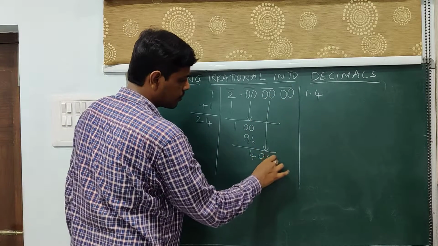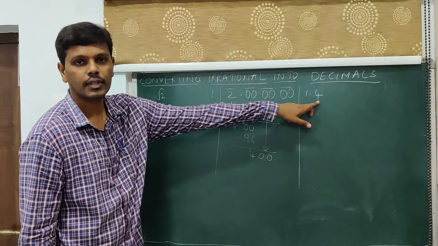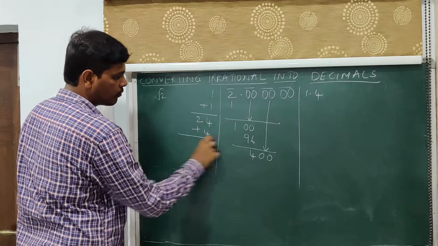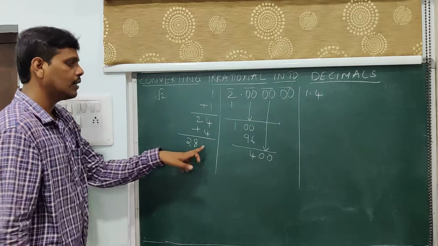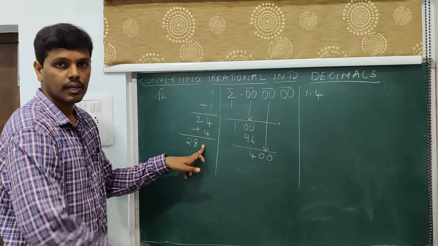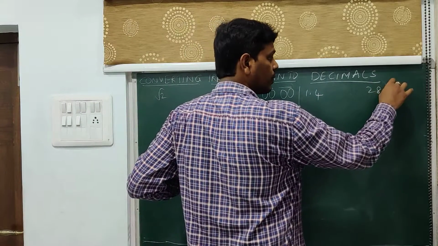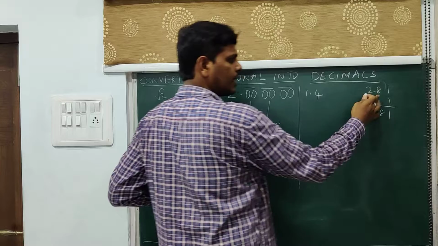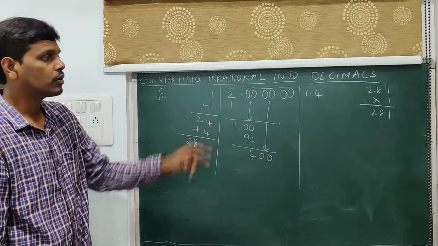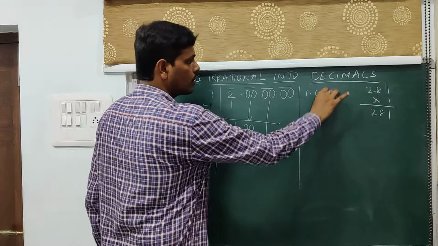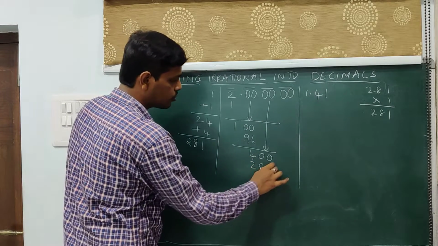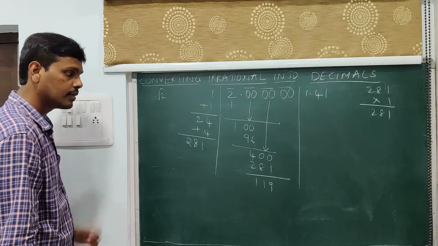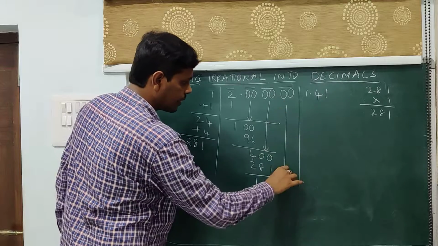Now, carry this pair of zeros. Whatever number you have written now, add it to this number: 24 plus 4 is 28. Again, whatever number you place here, you multiply with the same number. For 28, if I place 1, the number formed is 281, multiplied by 1. If I take 2, it goes beyond 400, so I am not taking 2. I am going with 1. 281 into 1 is 281. Now subtract it, what do you get? This is 119, then 300, 400, and carry this pair of zeros.